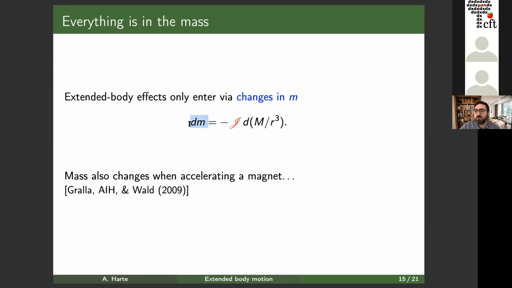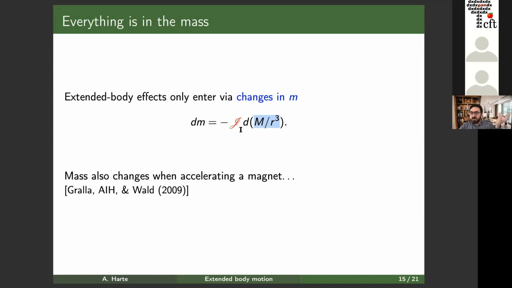So in fact, you can write down that a little bit of change in mass is related to J, your free component of the quadrupole moment that you can vary. A little bit of change in mass is determined by a little bit of change in a component of the curvature. And the conversion factor between changes in mass and changes in curvature is going to be this quadrupole moment, which can be of either sign, depending on how you configure your object.